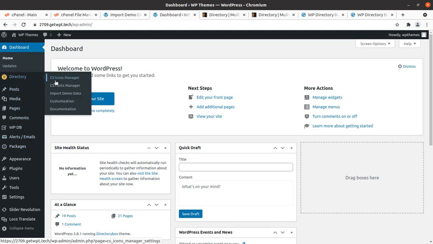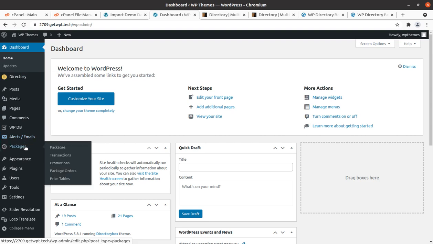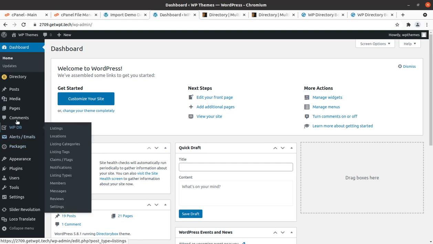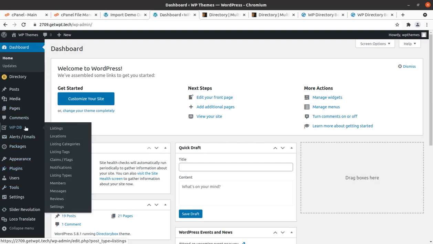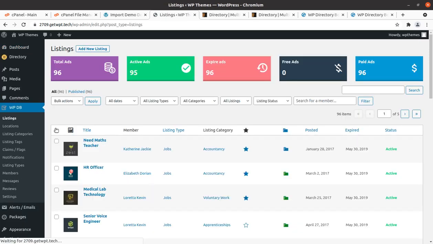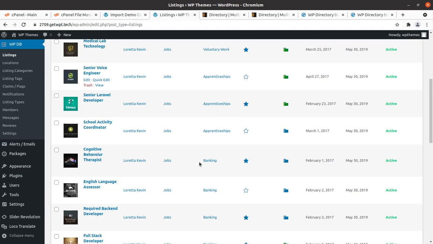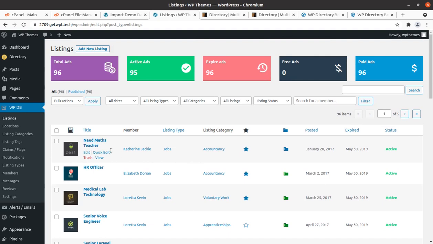So WPDB is the listing area where we are adding listings. Need maths teacher. Okay, so listings are here, and in fact there are multiple listings. So I can show you the listing as well, how it looks.